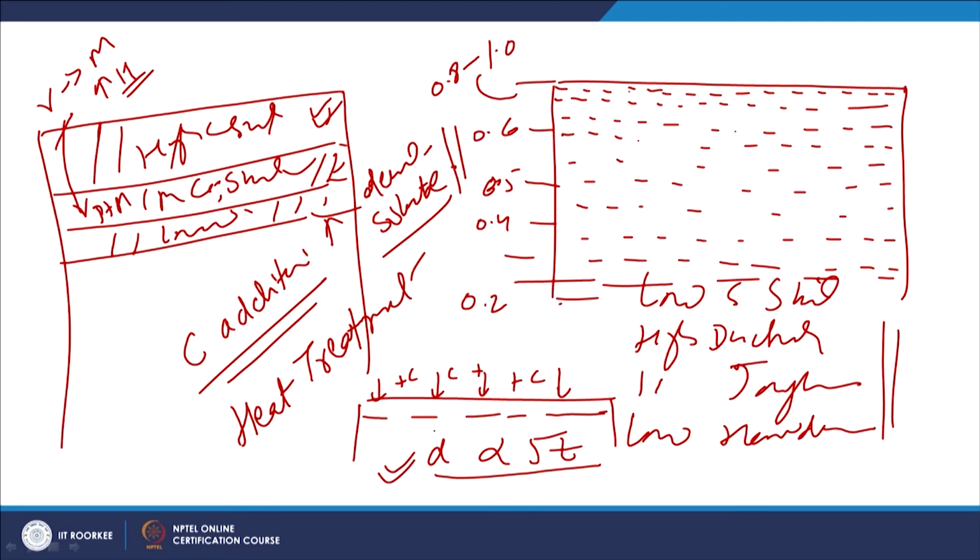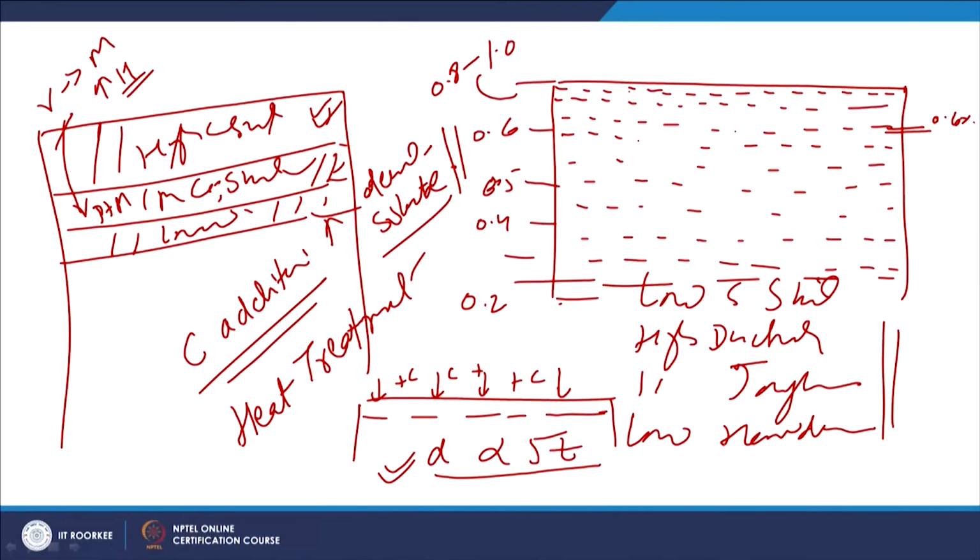Say we know that the minimum carbon content required to achieve the required hardness is 0.6. This 0.6 is the percentage of carbon required to achieve the required hardness. So how much time it will take to enrich the carbon content in the subsurface layers up to 0.6 we have to identify based on the rate at which carbon is diffusing into the surface and subsurface layers.